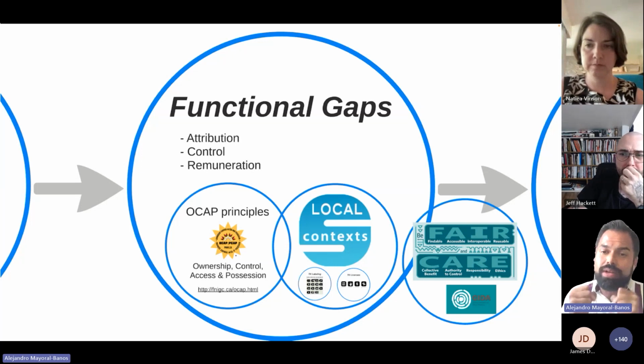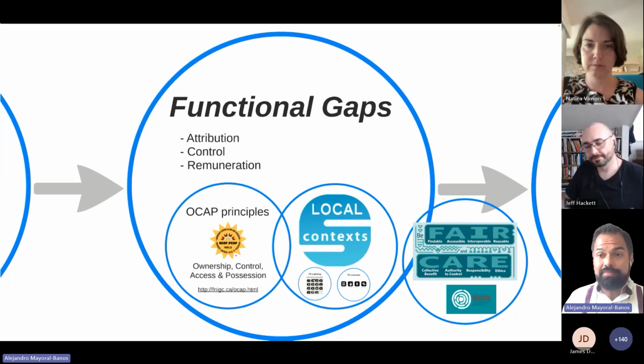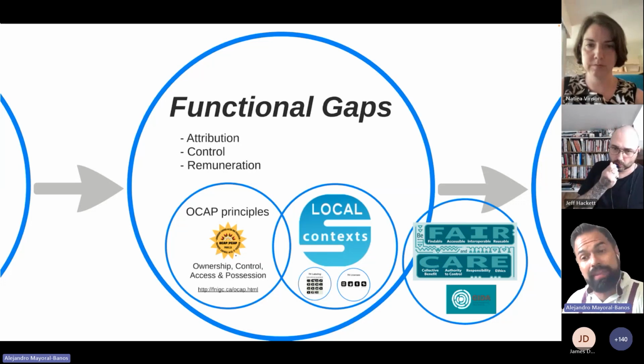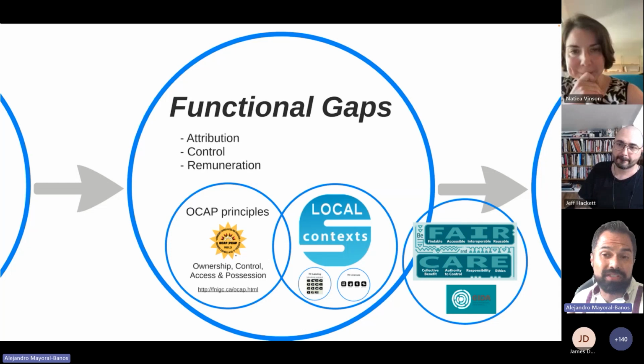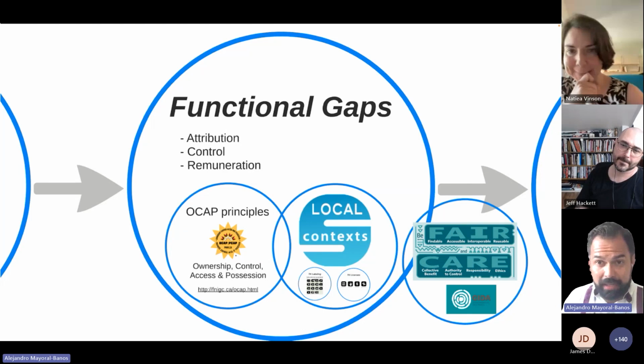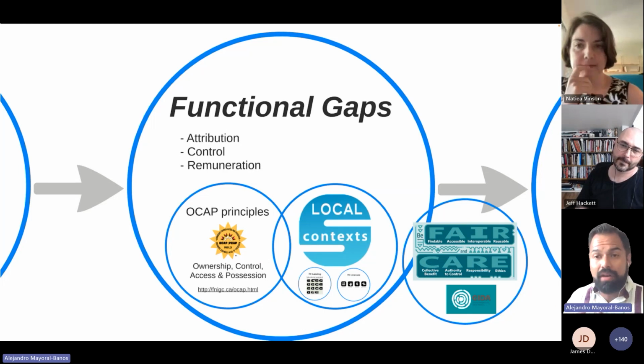Now, having control, who is going to have control of that knowledge? Who is going to decide? This is about what Nataea was talking about, governance. The governance of the knowledge is going to be the First Nations Council, a group within the community who is going to have the control. And of course, when traditional knowledge starts creating remuneration, who is going to get the profit from that remuneration? This is a very, very sensitive topic, because in a lot of nations, we shouldn't be profiting from traditional knowledge. But there are tensions because different nations own the same knowledge.